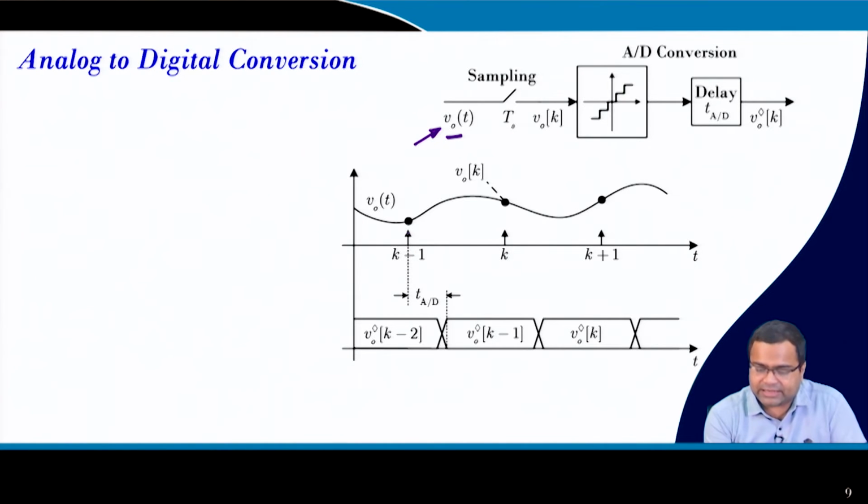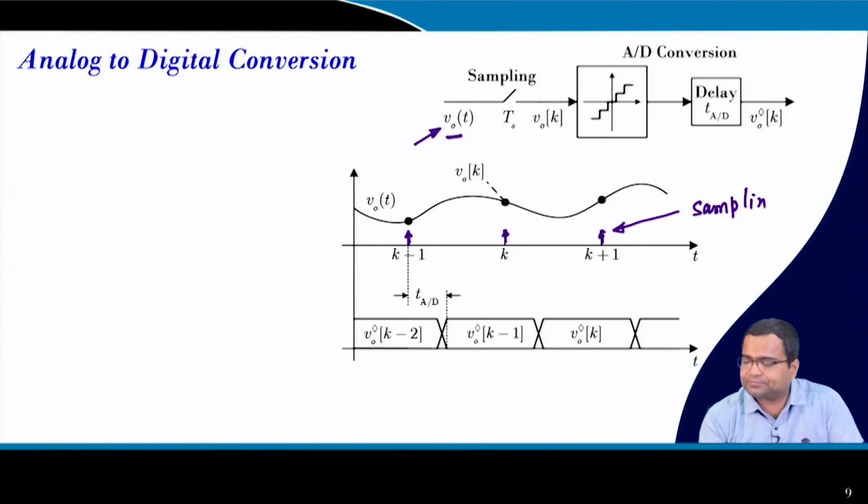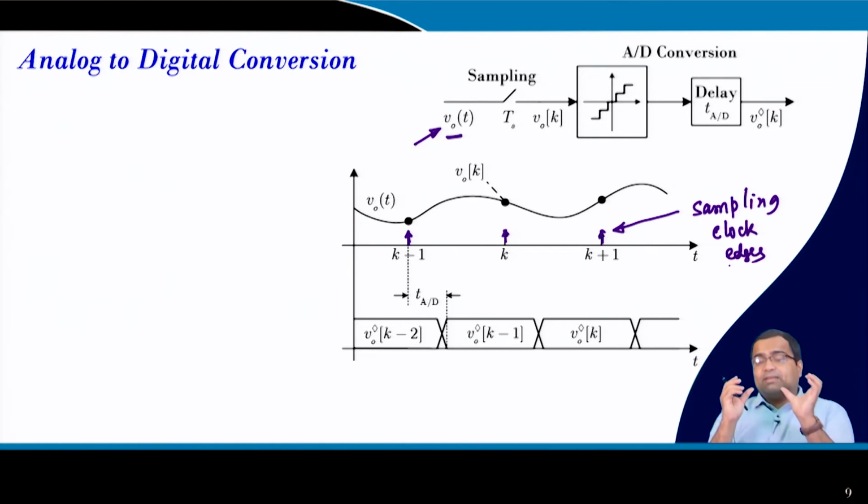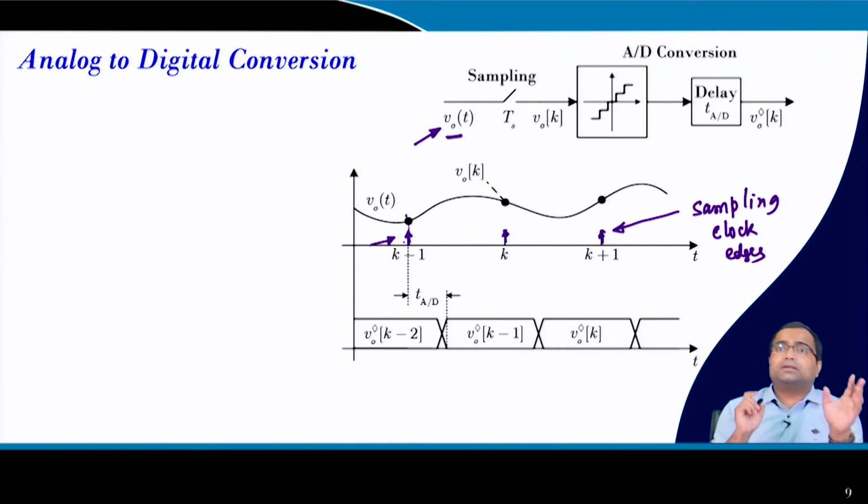Remember, these are my sampling commands, my sampling clock edges. Whenever these edges come, it gives the instruction to the ADC that you now sample. So, this is the moment when the ADC will sample, but the moment you are instructing the ADC to sample,